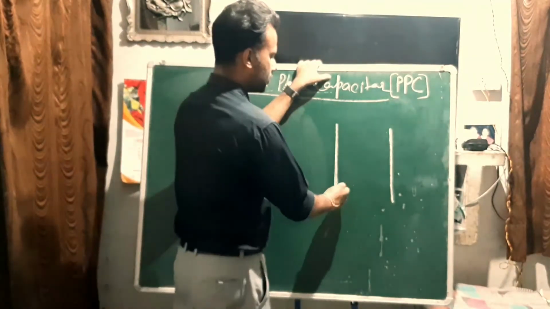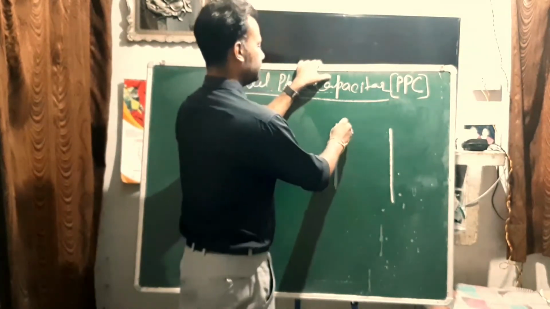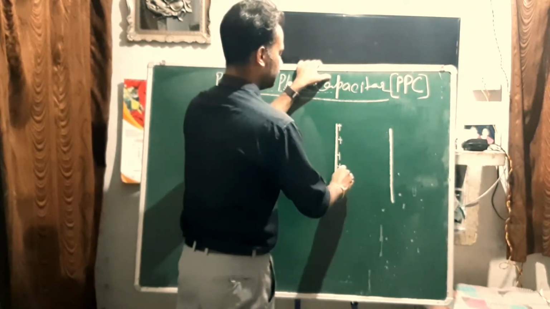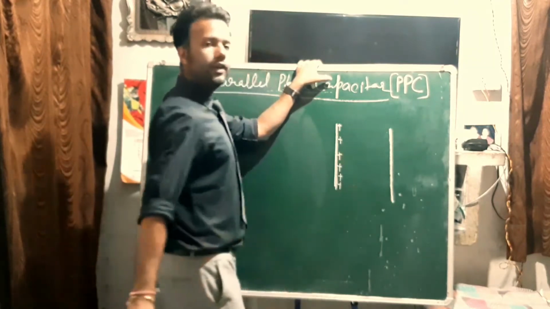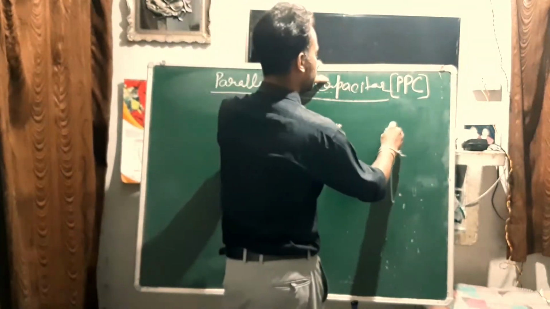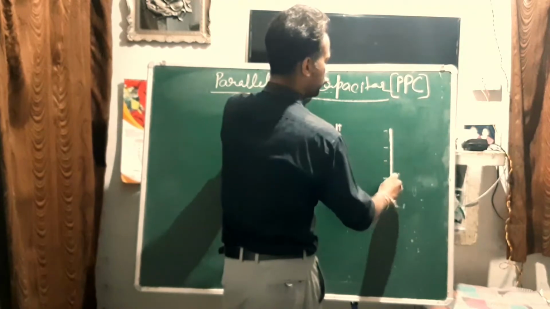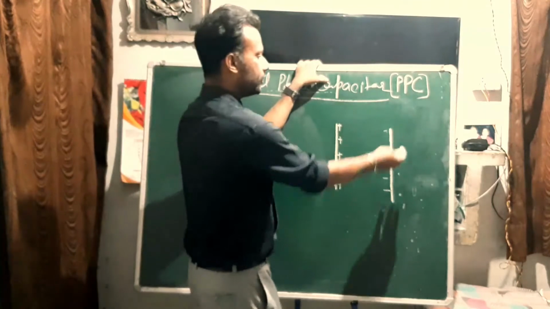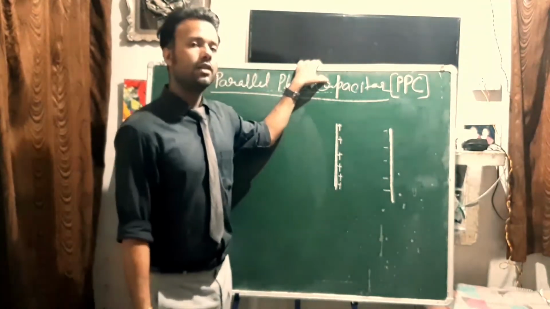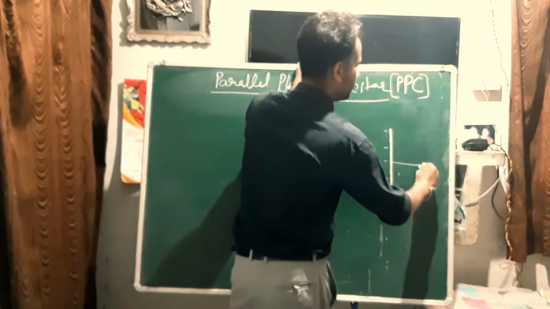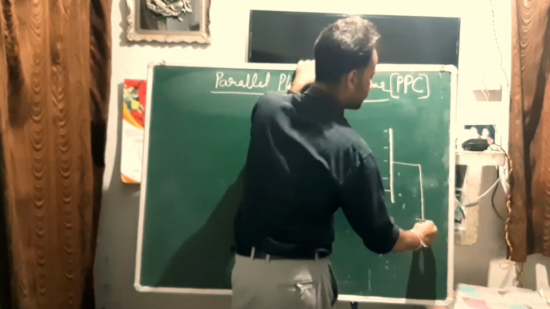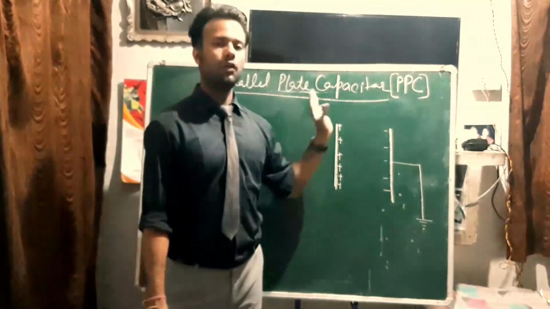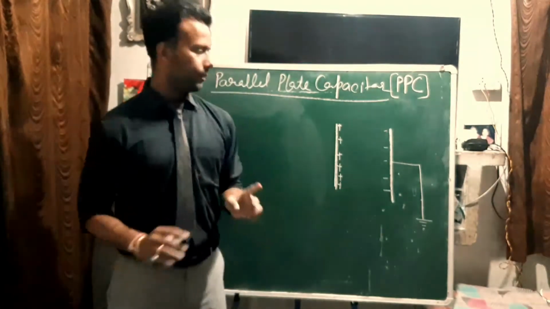We have given some charge, positive Q, here, and due to induction a negative charge is induced on the other plate. On the other side of the plate a positive charge is also induced, but we ground the second plate so that all the positive charge of the outer plate gets grounded, right?